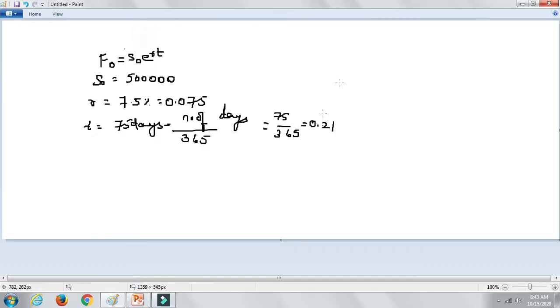So F0 is equal to, S0 is 5 lakhs into e power 0.075 into 0.21. So it will come to 5 lakhs into e power